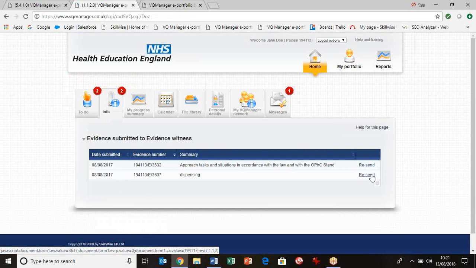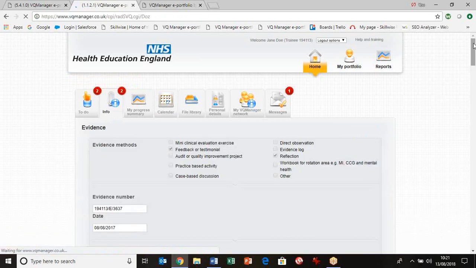One thing I mentioned at the beginning of the webinar was about the NHS sites all having pretty strict IT protocols. Sometimes the evidence witness information falls into the same category. So if your evidence witness says, "Oh, I haven't received the email," then please do advise them to check their junk items. One other area that I just need to mention as well, if I open this piece of evidence here,